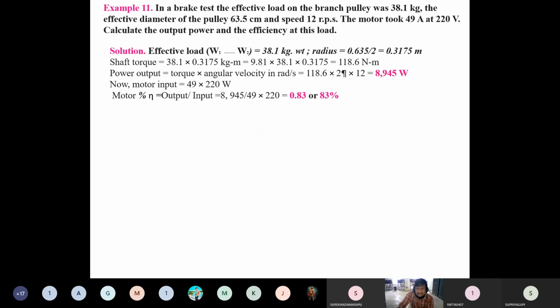But it is a shunt motor, right? Shunt motor flux is constant. Pi 1 is equal to pi 2. Therefore, that relation is reduced to N2 by N1 is equal to EB2 by EB1, right? But what is the EB formula? V minus IA RA. But this is the armature control method. That's why it is V minus IA into RA plus R external.